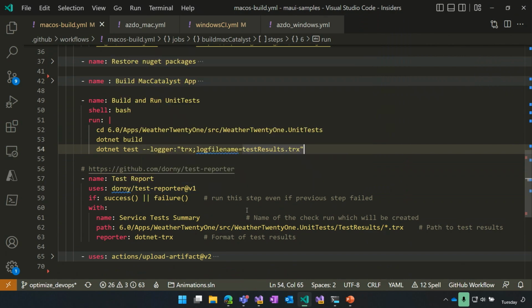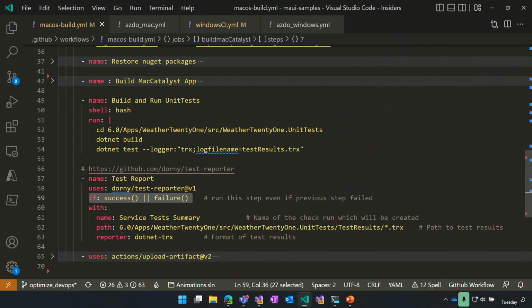It's called test report. This little conditional is very important to have here, because suppose you have a test failure, by default, the pipeline will stop running anything after it because it sees that as a failure. But we want to still publish the test report regardless if it was success or failure, because we want to see what the test failed on, like what was the report, what was the problem. So throw this little line in, so it makes sure to run this test report step every time.